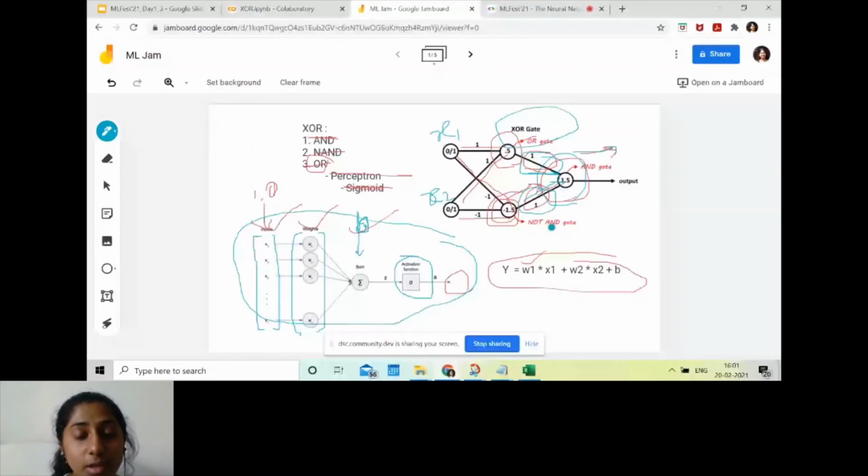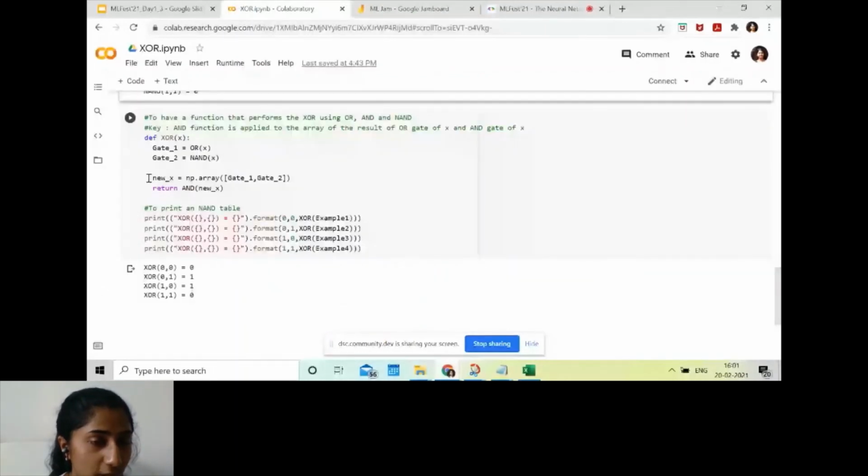Then the outputs that we get from the OR gate and NAND gate, we put them through the AND gate, and we get the final output of the XOR gate. So that is what we have done here. We used gate 1 as the OR gate and gate 2 as the NAND gate, and then we made a new array of gate 1 and gate 2. Then we applied the AND gate to both of these and returned the value. So this is nothing but our XOR gate.